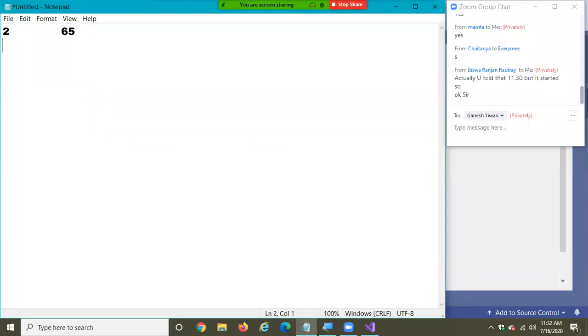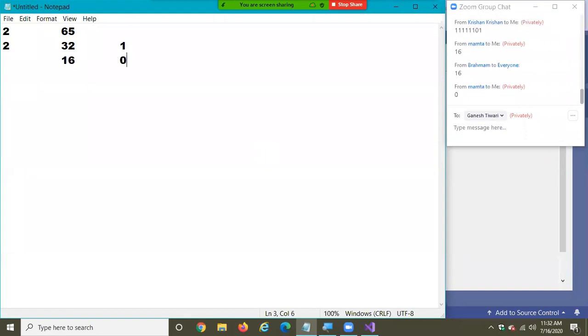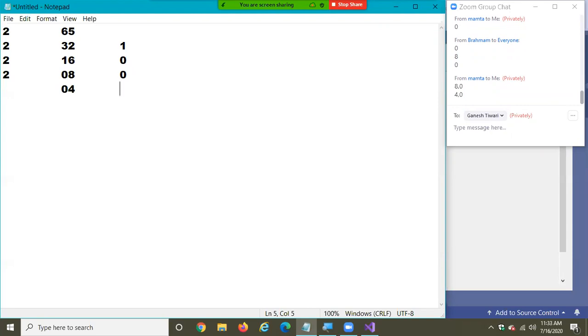It's just going to calculate base 2. 32, result is 1. Again, divide by 2. 16, 0. Again, divide by 2. 8, 0. Again, divide by 2. 4, 0.